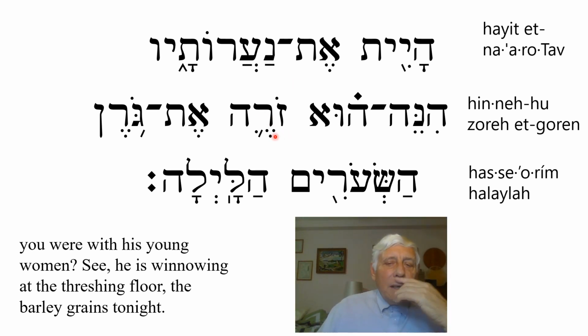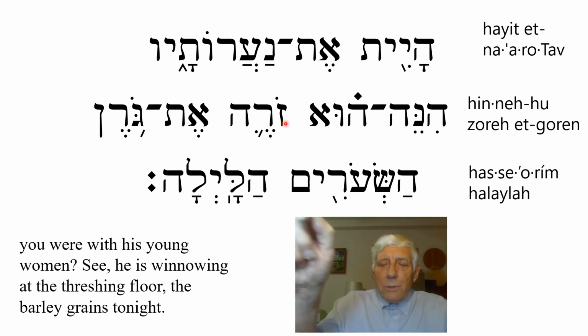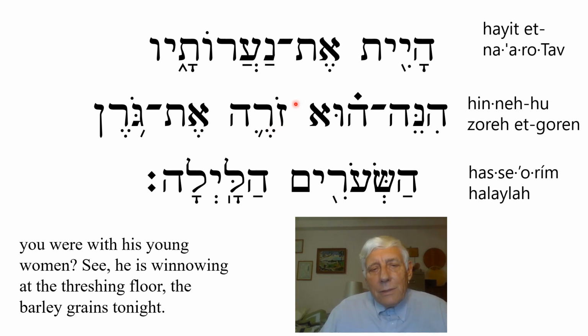Even zoreah, the arm that is stretched out, is an arm that has strength, and we'll find that even in the virtuous woman in Proverbs 31, somewhere after verse 10 there. Her arms stretched out in strength. Zoreah. This is because they're stretched out. It's the arms of things that you stretch out. So zoreh. He's winnowing.